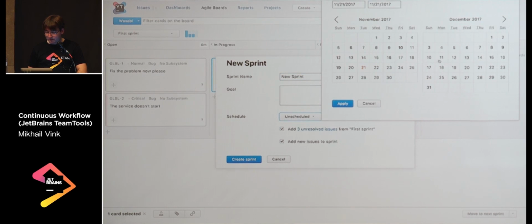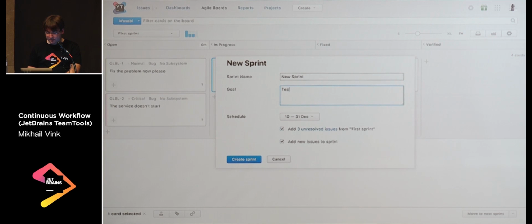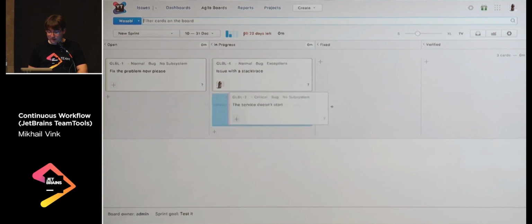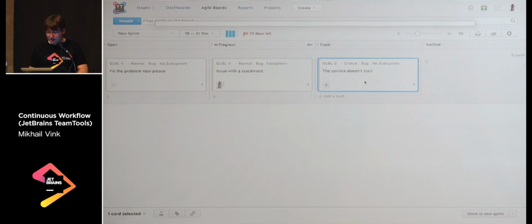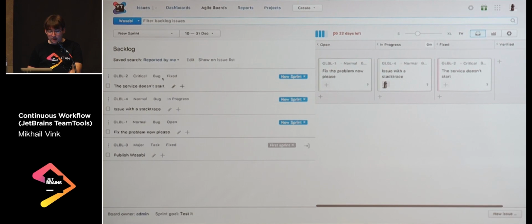which would be from the 10th till the 31st. Test it, add unresolved issues, and we just create a new sprint, and we can move it around, and we can check what's happening in this issue, and we can get the backlog here. So the backlog is defined by the saved search. From the backlog, we can just,